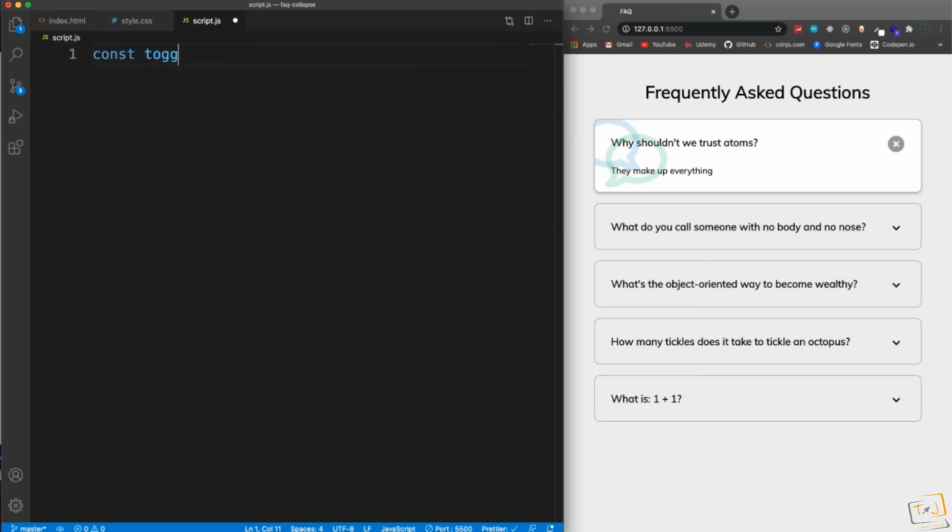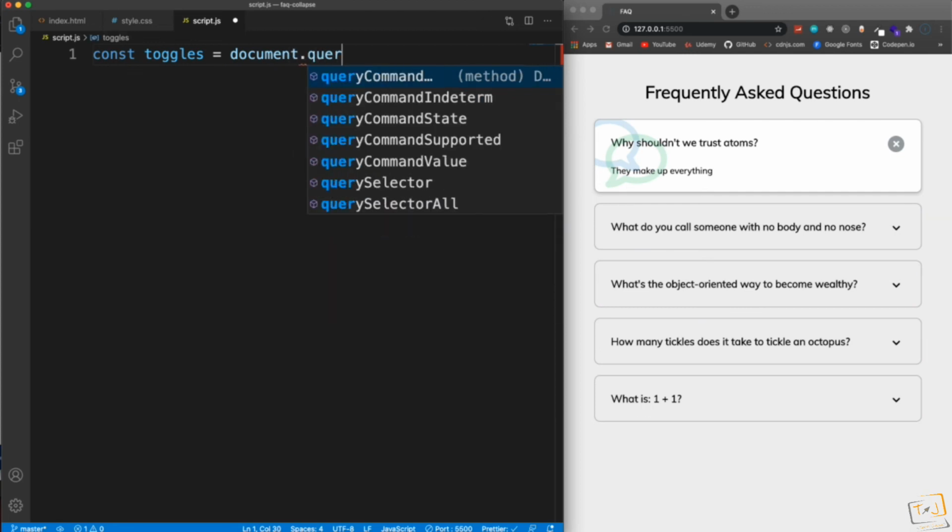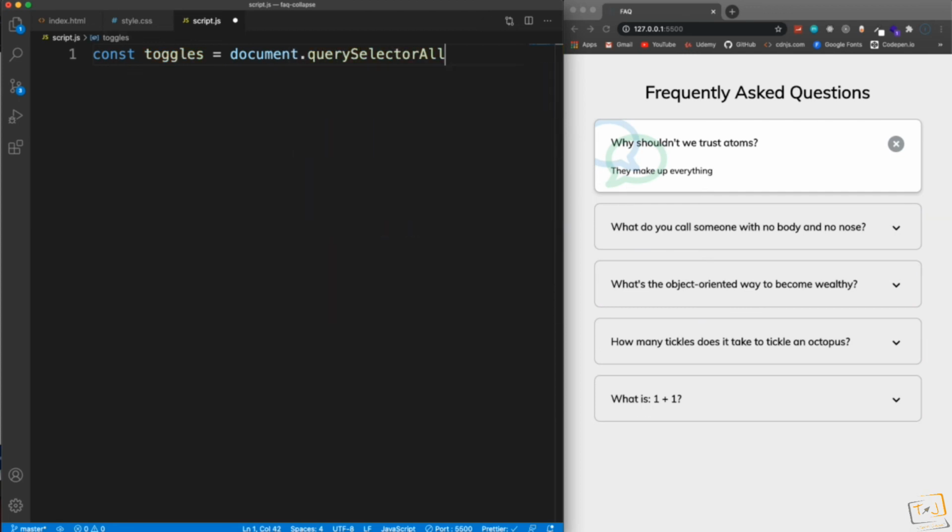So I'm going to bring in my toggles. So I'll set toggles to document dot, and we want to use querySelectorAll. And they have a class of FAQ-toggle. And then I'm going to take that node list and I'm going to loop through with forEach. So I'll say forEach toggle,